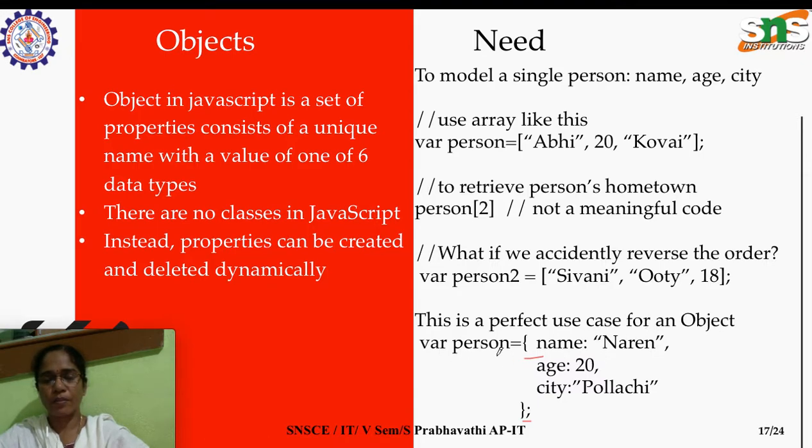Then we refer to person dot property; there are two ways of referring to its values. I will take you to that in the next slide. So simply referring to city will always give the city value. We can bring this city to this position or to that position; changing the order doesn't confuse the object access. Whereas in an array, if we change the order we will get a different output instead of what we expected.